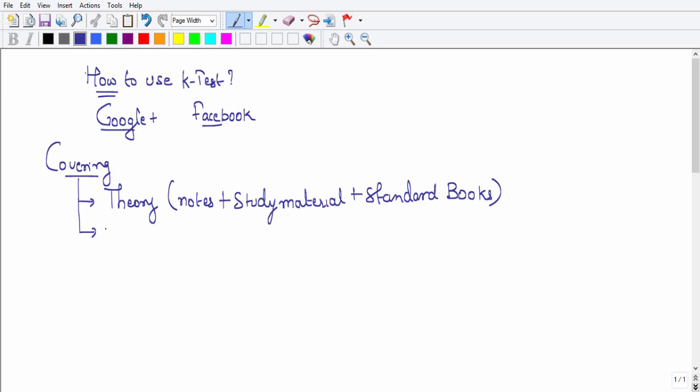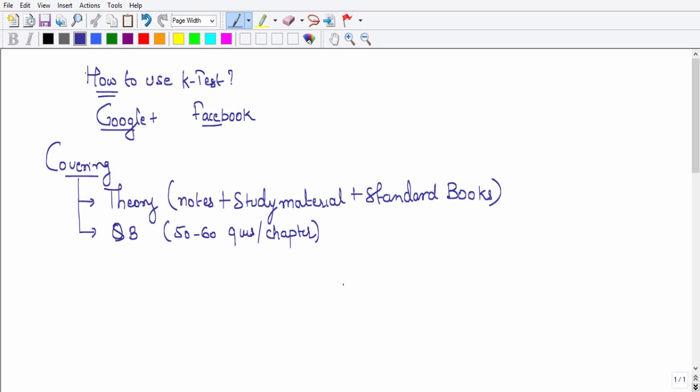Actually, do not think that you have to do all of these. Either of this is fine. Then the main thing is the question bank. At least 50 to 60 questions per chapter you have practiced. Okay. It can also be less depending upon the size of the chapter, how wide it is. For smaller chapters, 20-30 questions are also fine.